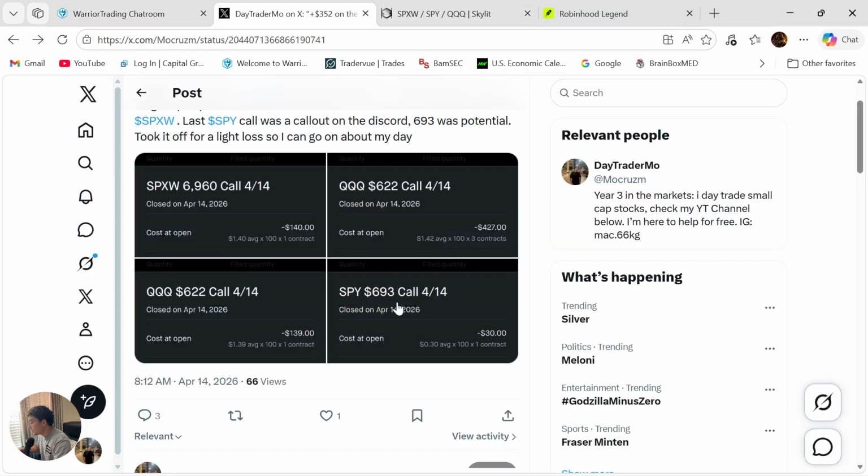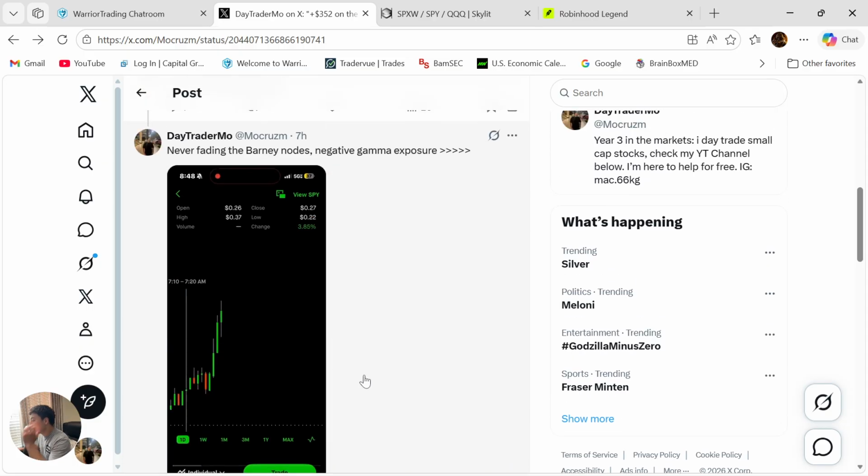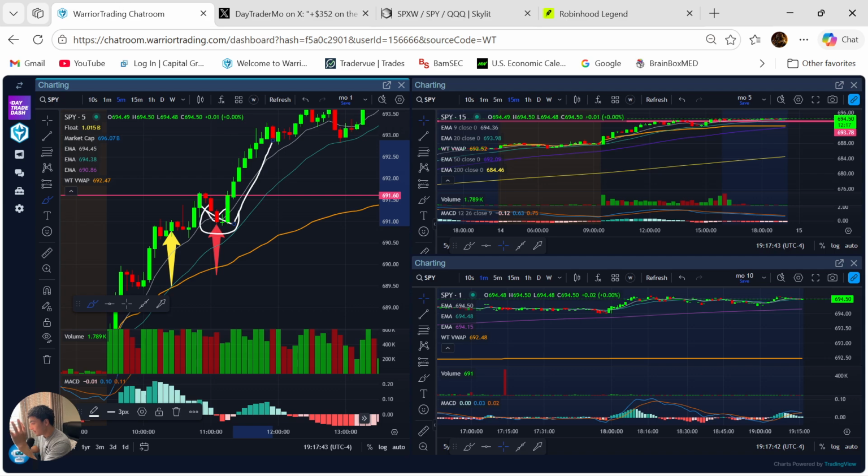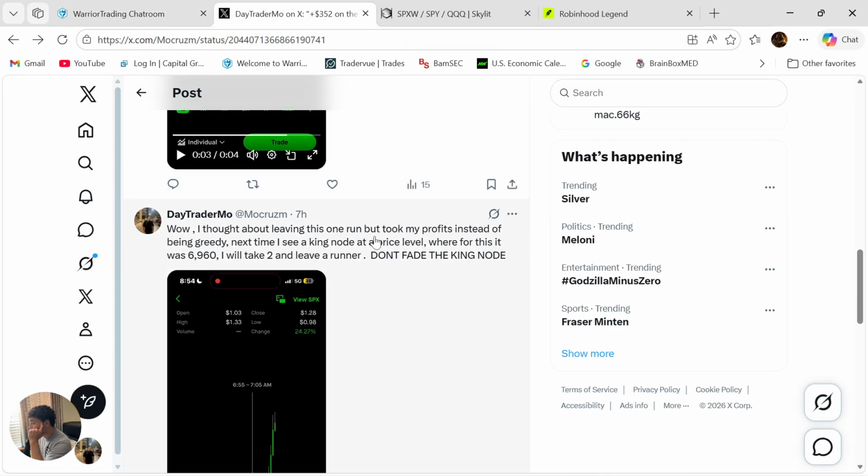Now I'm going to show you guys how these calls went up. They went from $30 all the way up to 120. Right now they're at 93, but the highest I saw them was about 123. That was the highest, so I was like, okay, that's sick. I guess with QQQ and the SPX, I took two trades on those, so two out of three. And then that small one was not that much of a loss, so I'll take it. I thought that was pretty crazy.